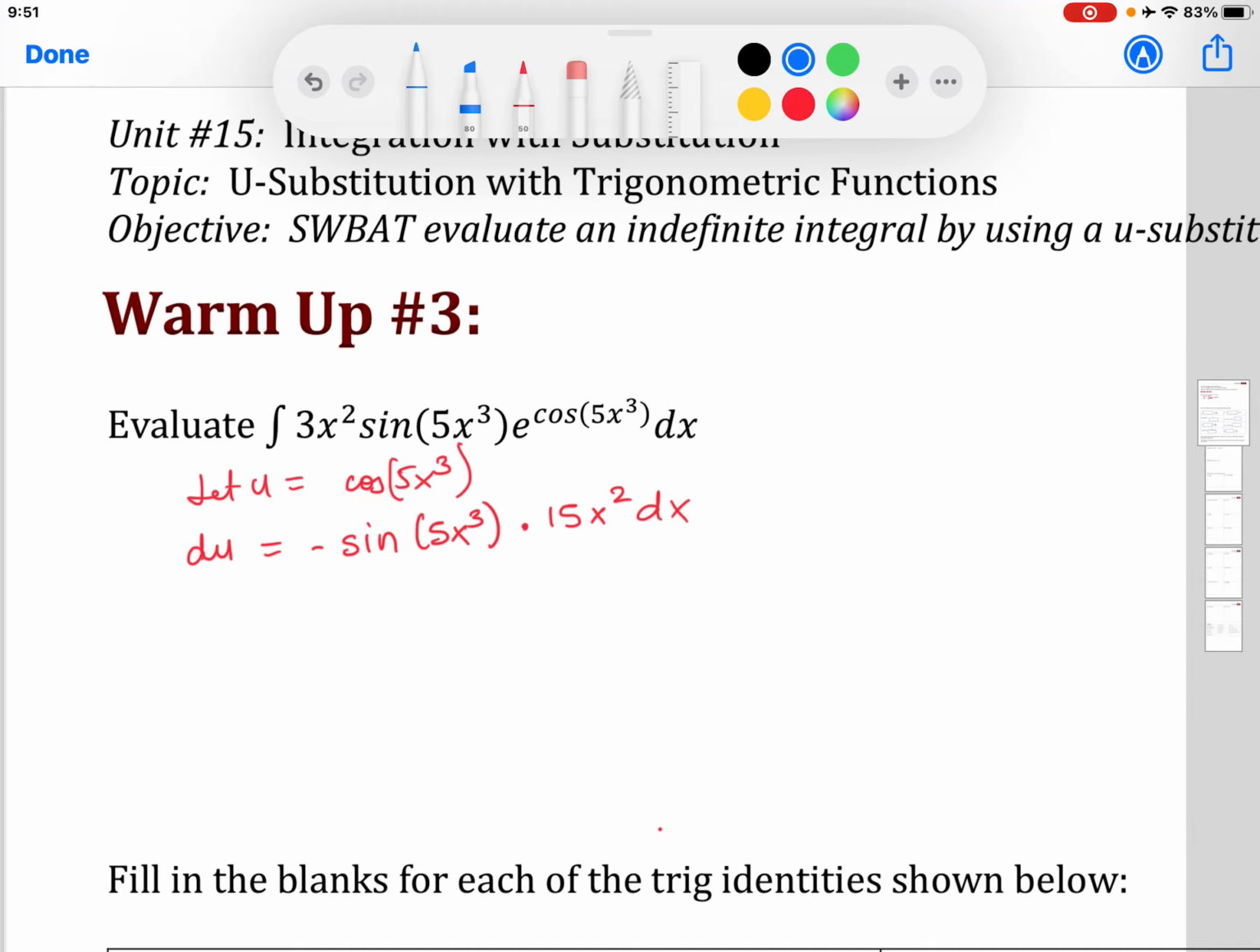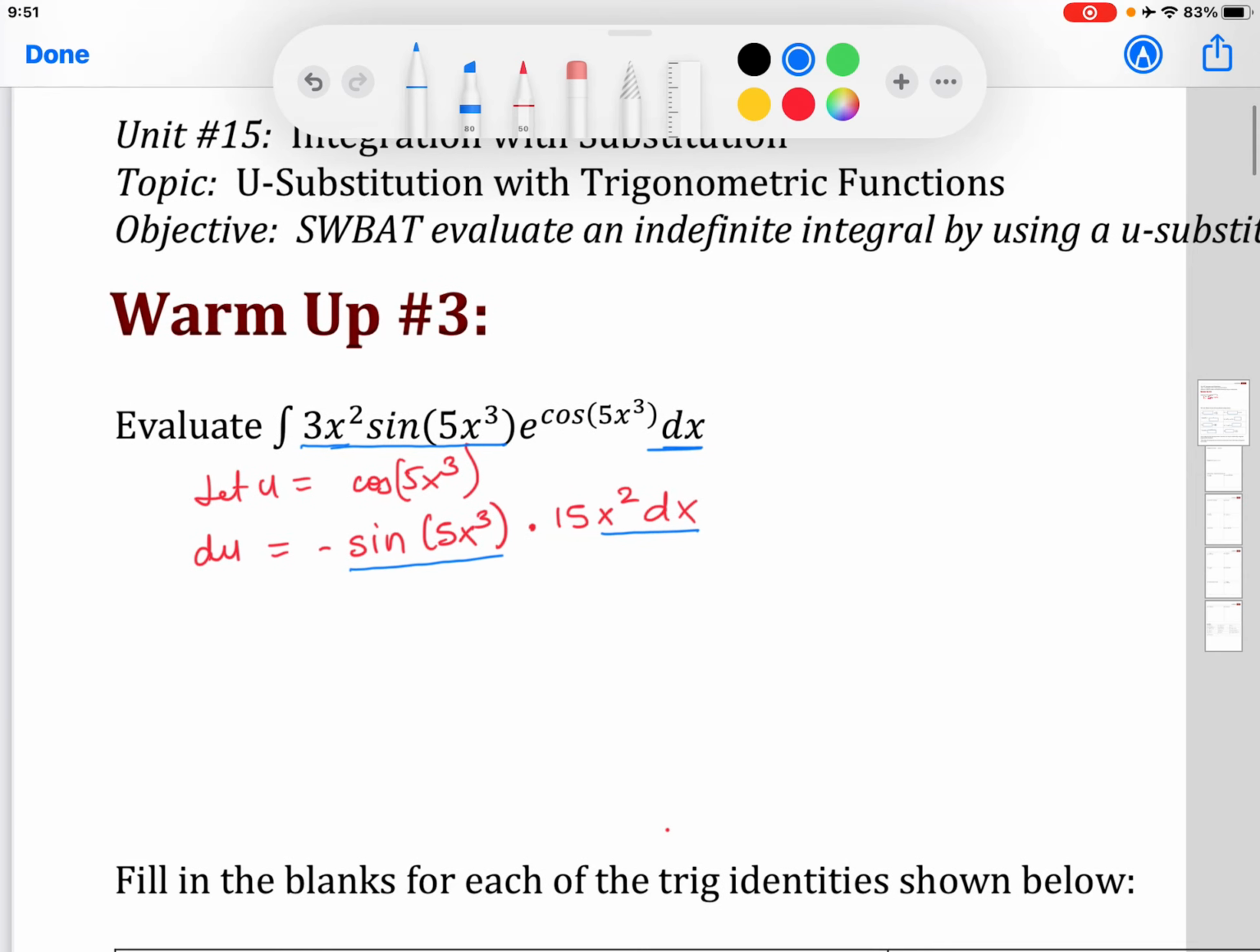So I'm going to do it in blue. I have 3x squared sine 5x cubed dx. I want to replace, I have sine 5x cubed and x squared. I need 3x squared, whereas I have 15. So I'm going to divide by negative 5. So if I divide by negative 5, I'm left with negative 1 over 5 du equals sine, if I just write it as it's given above, not 15x squared, it's 3x squared